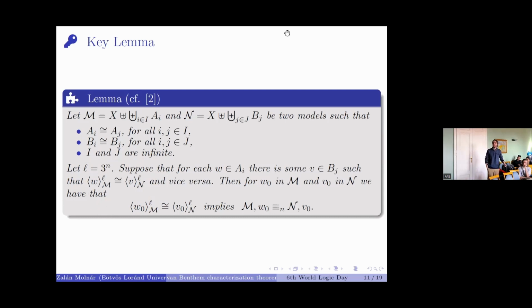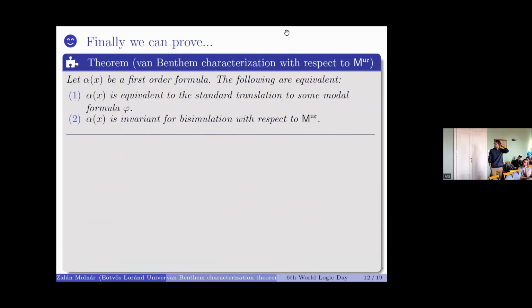So we suppose that these neighborhoods are isomorphic, and then what we can show is that for any elements w0 and v0, if the corresponding neighborhoods are isomorphic, then they are first order equivalent up to quantifier depth n. And this is like the Ehrenfeucht-Fraïssé type proof that they are using, but this is really one of our key lemmas. So basically we are ready